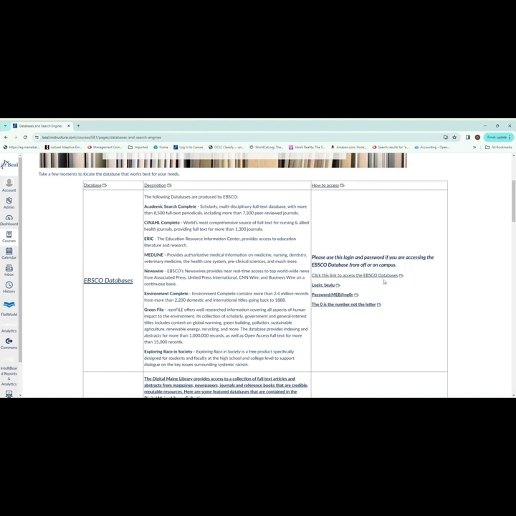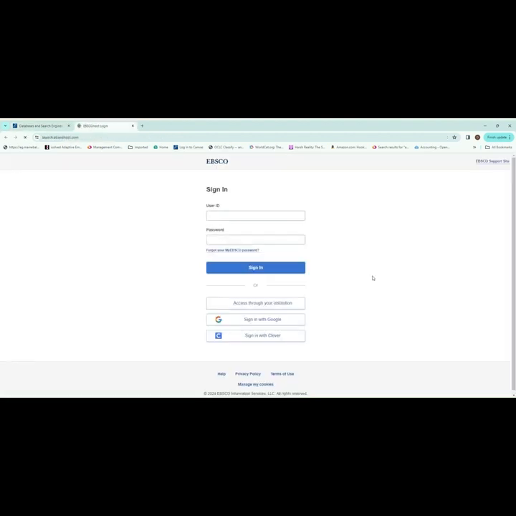So if I click on this link right here, you'll see that mine is automatically populated because I use this so much, and this will happen for you too. But remember, this is not your Beal ID. This is a specific ID and password for these sets of databases. So when I click on Sign In,